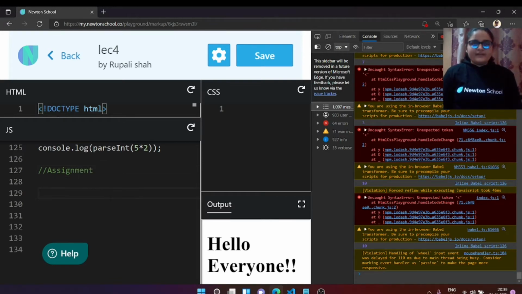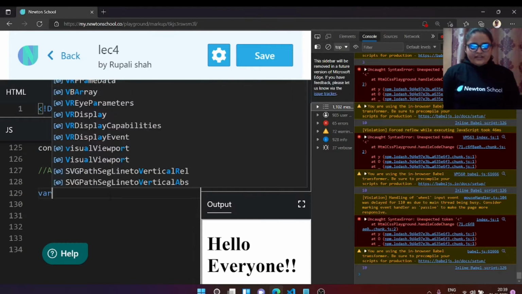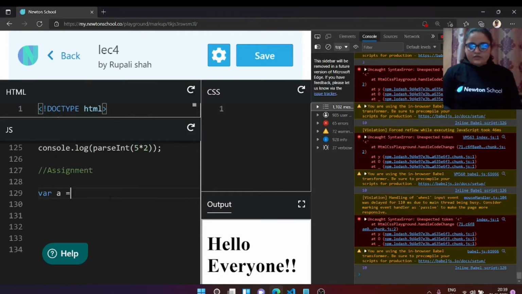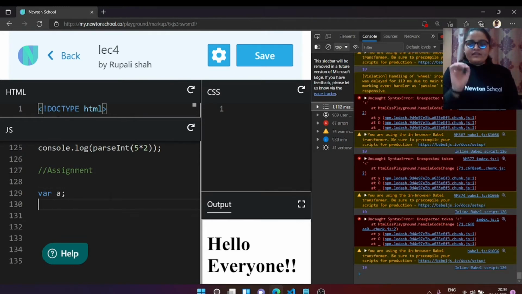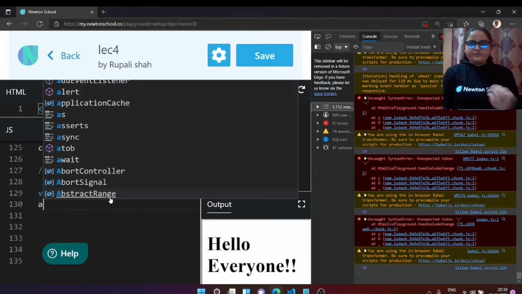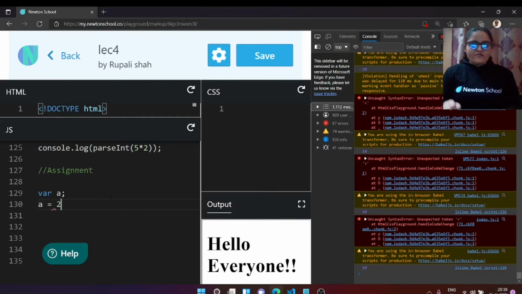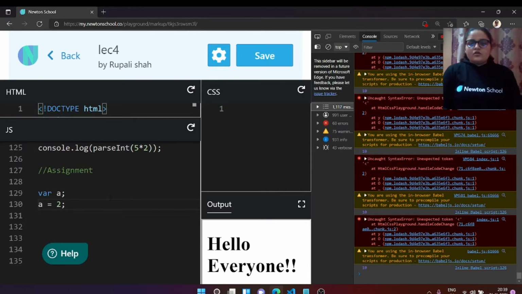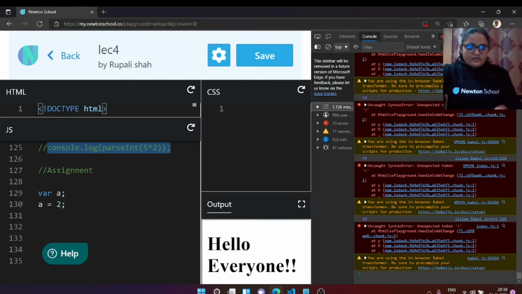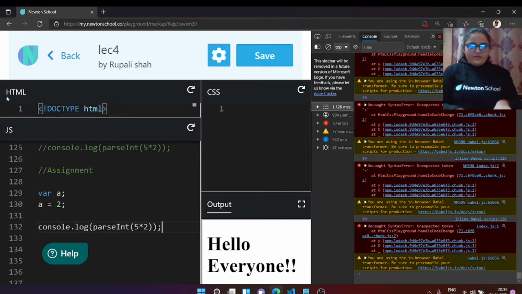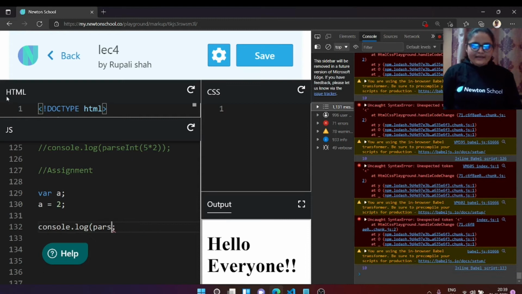Assignment operator example. Suppose we have one variable a, and we want to assign variable a a value. To give variable a a value, we will say a is equals to 5, or anything. Let's say we want to give variable a this value. Let's have this in comments and have this copied over, which will help us to print it.